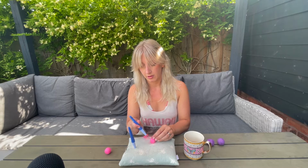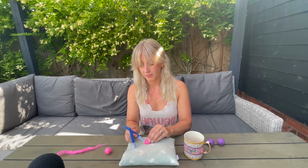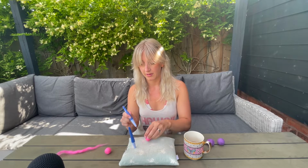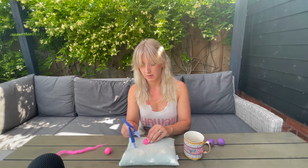And then just again, move that bit out of the way, rolling the ball round so we're getting a nice even felt. And I just like to tack everything down nice and securely before I roll it in my hands, so nothing unravels. There we go. And then just take it in your hands again, give it a good old roll. And then just take your needle felting needles